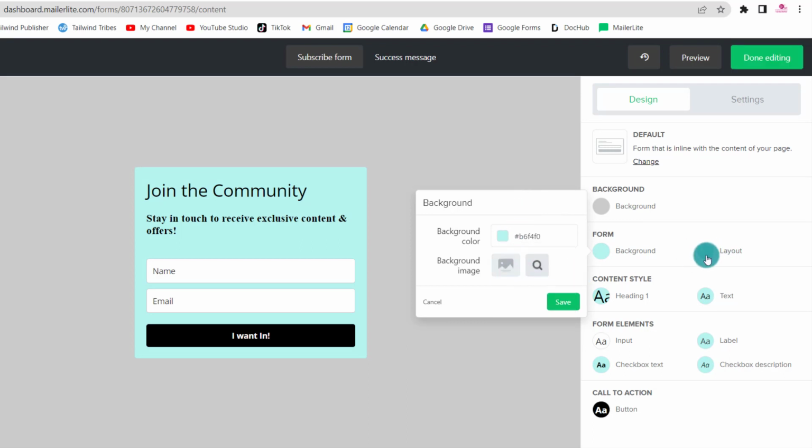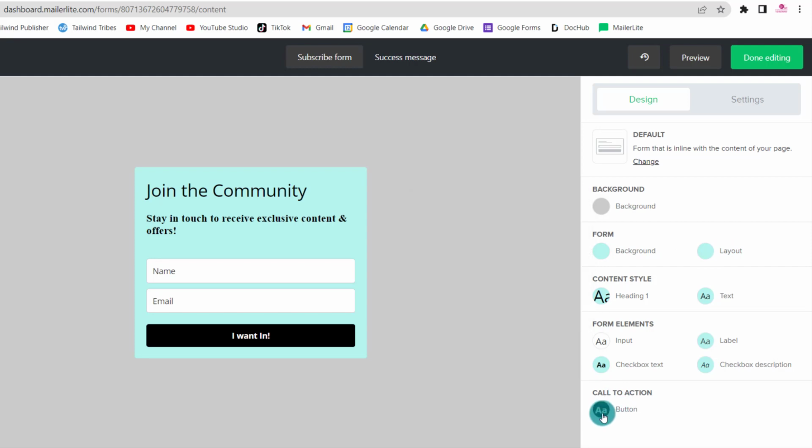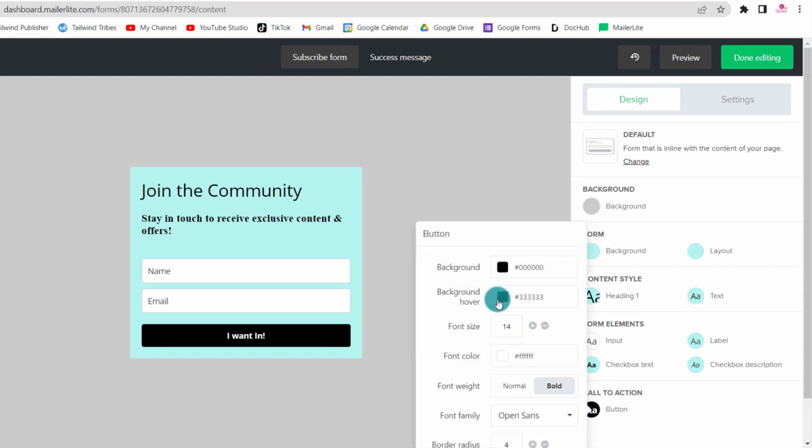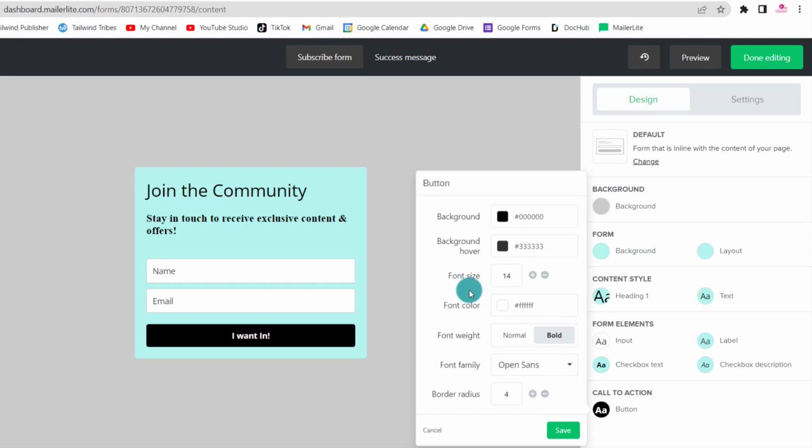And for the button, where is the button? For the button, you can have two colors, and this is where your creativity can come in handy, because you want people to know when they are on the button and you want them to be encouraged to click on it. So you have your normal background color and you can leave it black if you want. And then you can put a lighter shade of gray, like so. So when they hover, they know they are above it because it changed color and it's kind of encouraging them